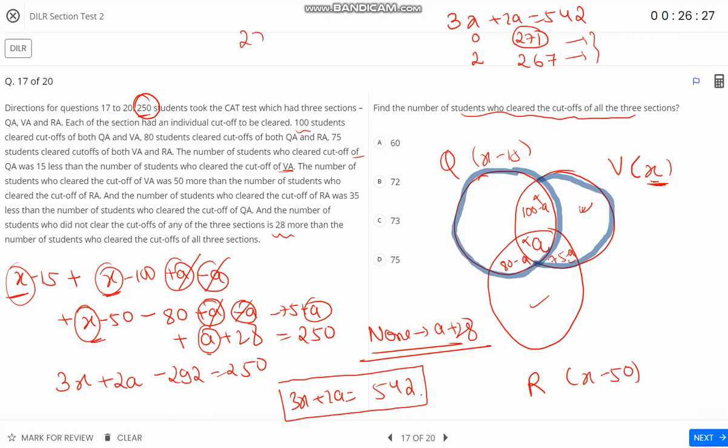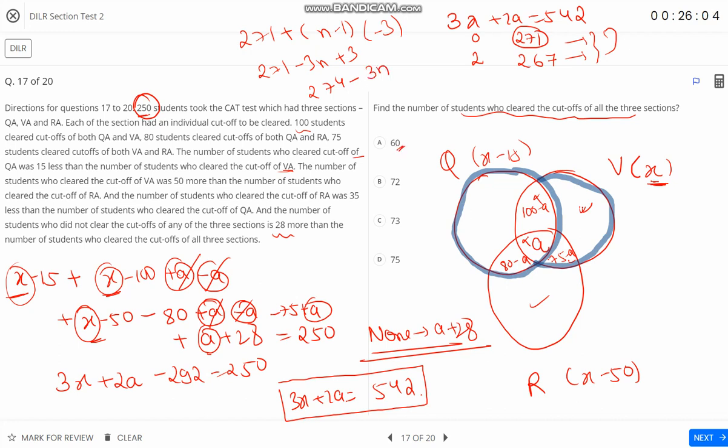So the nth term will be 271 plus n minus 1 into the common difference. Remember, the common difference is minus 3, not 3. Hope it is clear how: second term minus first term is minus 3. So 271 minus 3n plus 3, so 274 minus 3n. Now we can plug in options and check.